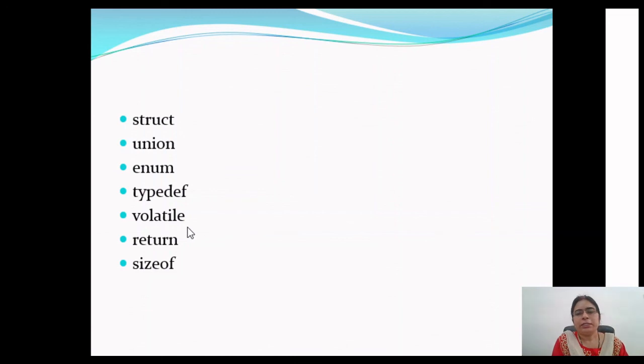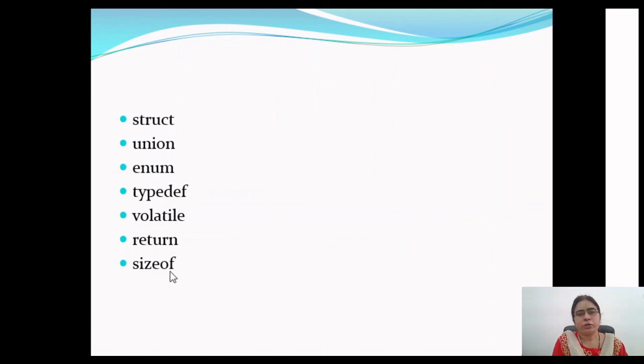Okay. The next keyword that we have is the return keyword. The return keyword is basically used with the function to return a value from the function. Generally, we make a function for a specific task, and after completion of that task, we return a value to the calling function. We will study the concepts and details associated with all these keywords later on when we study different topics. But right now, the return statement is used to return a particular value from a function.